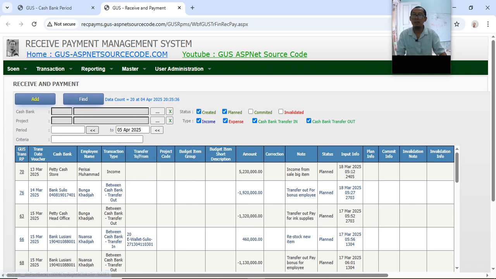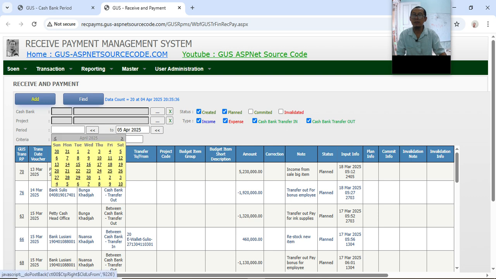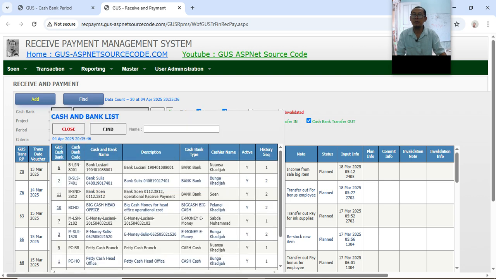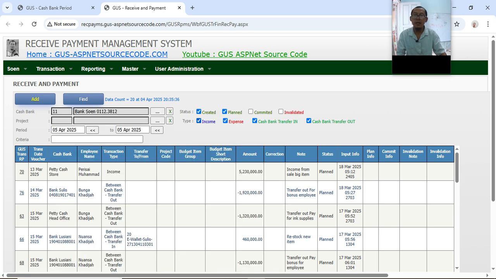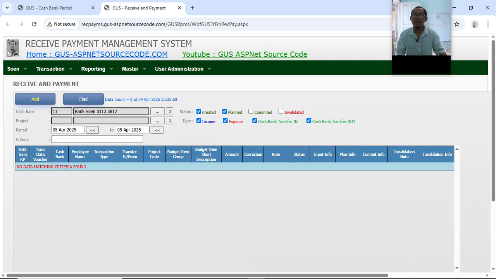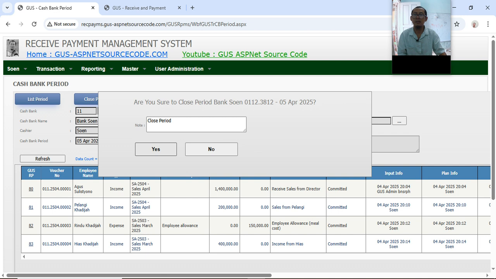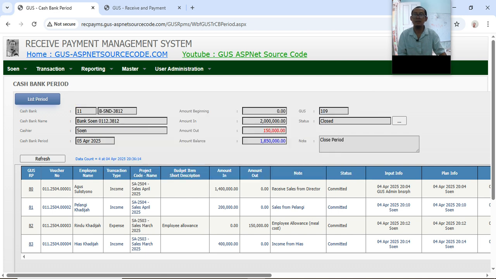Let's check transactions on 5 April of cashback Soon that the status is still planned. Right? There is no transaction of bank Soon at 5 April that is still created or planned. Now let's continue to close. Yes, you see the closing period is successful.